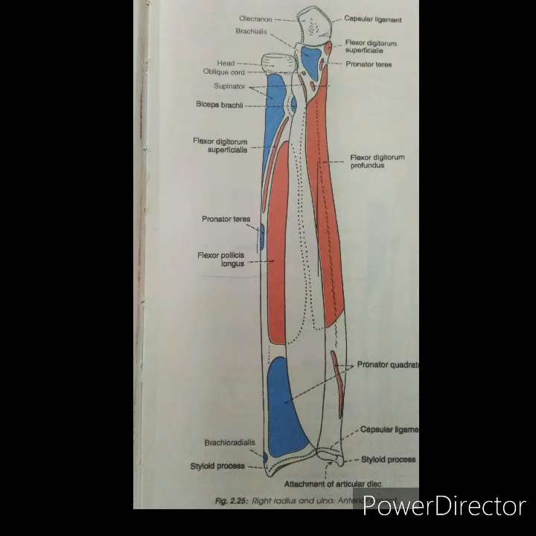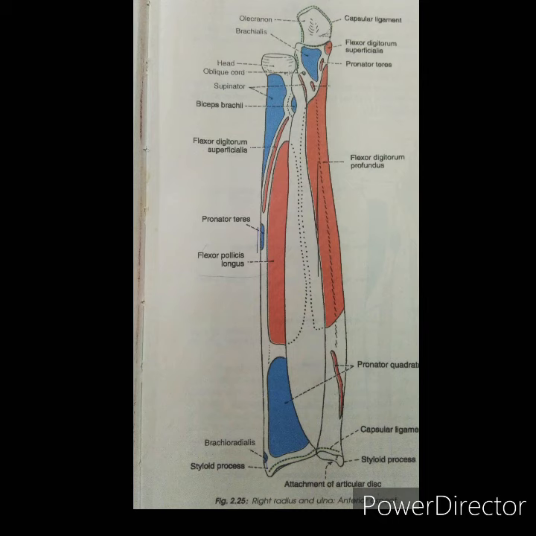What are the attachments on the ulna? The triceps is inserted into the posterior part of the superior surface of the olecranon. The anterior part of the surface is covered by a bursa. The brachialis is inserted into the anterior surface of the coronoid process, including the tuberosity of the ulna.